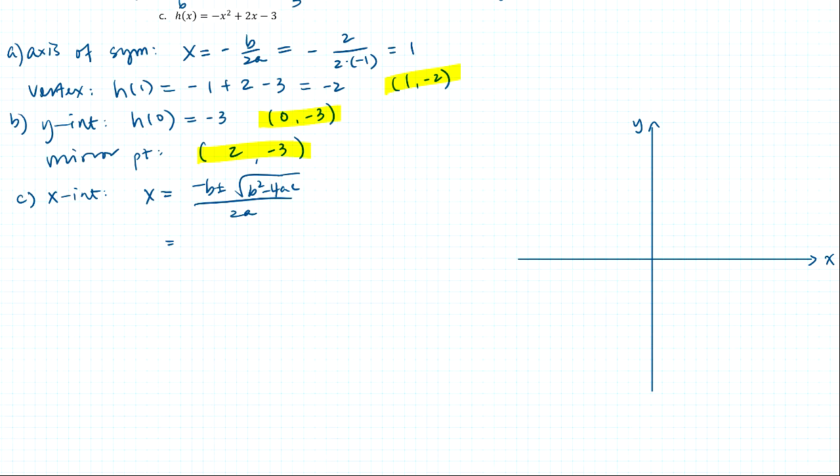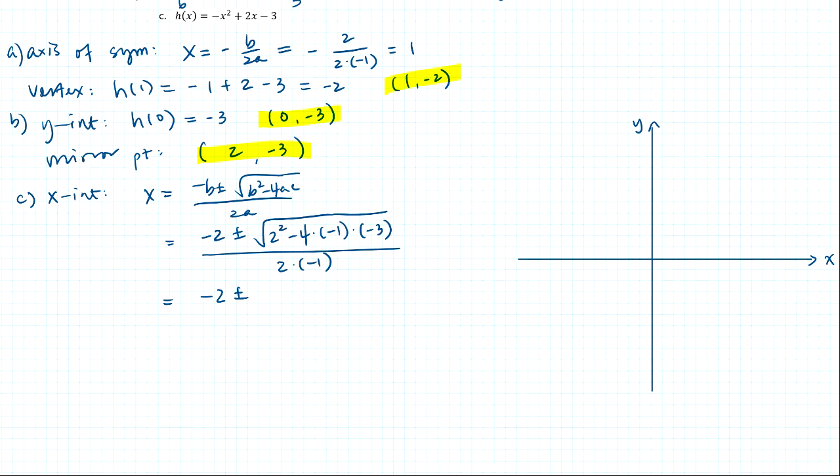And the longest part, the x-intercept, if we plug things in, negative b is negative 2 plus or minus the square root of b squared, which is 2 squared, minus 4 times negative 1 times negative 3 all together. And this is all over 2a, so 2 times negative 1. And as a result, if we calculate it, we get negative 2 plus or minus